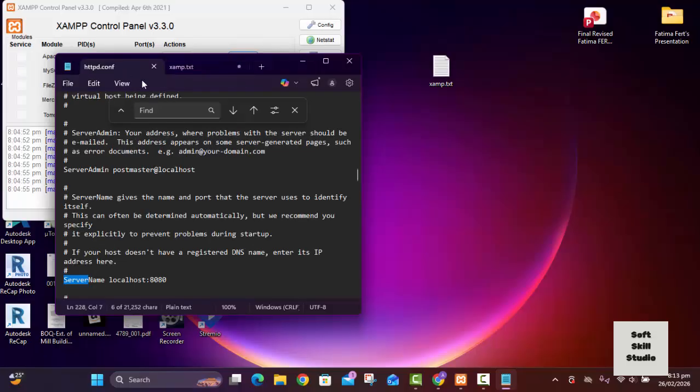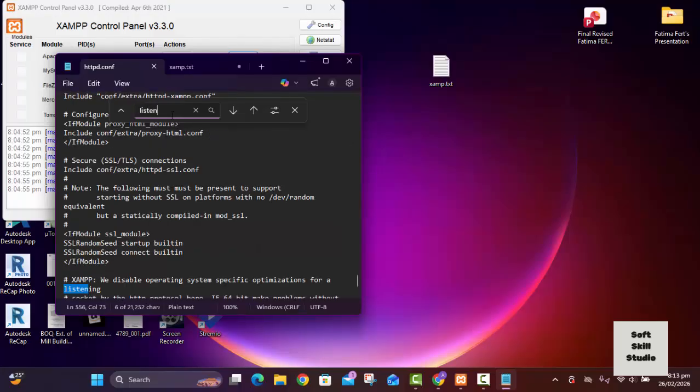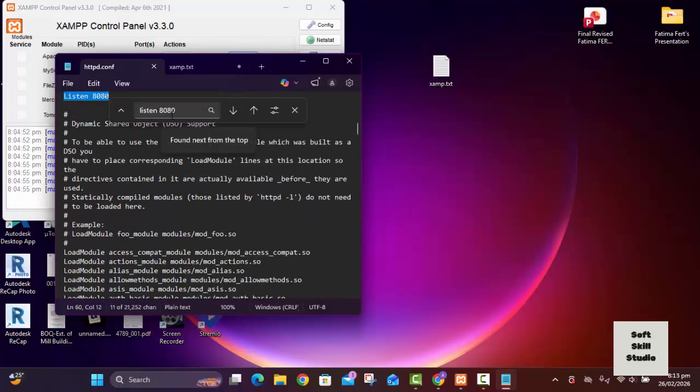I have already changed it, so here I can find Listen. Here you can see I have already changed it. First you will see Listen 80; select it and change it to Listen 8080, and after that